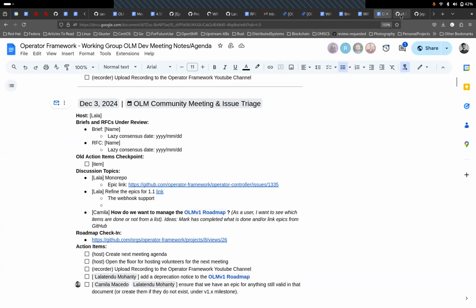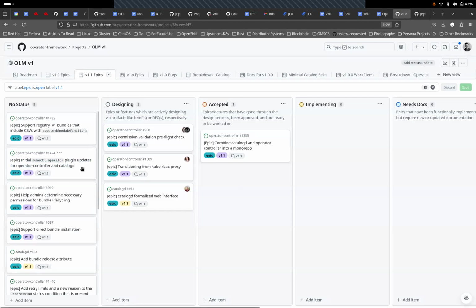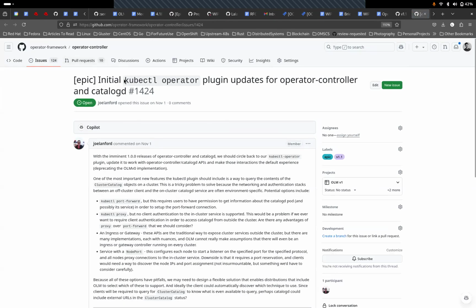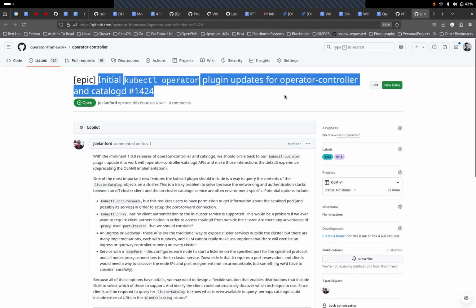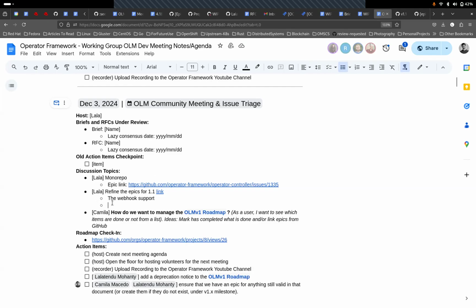And yeah, so maybe the next one is the kubectl operator plugin, right? That's basically user experience, improves user experience. And in my mind, that goes hand in hand with, it doesn't have to happen alongside, but